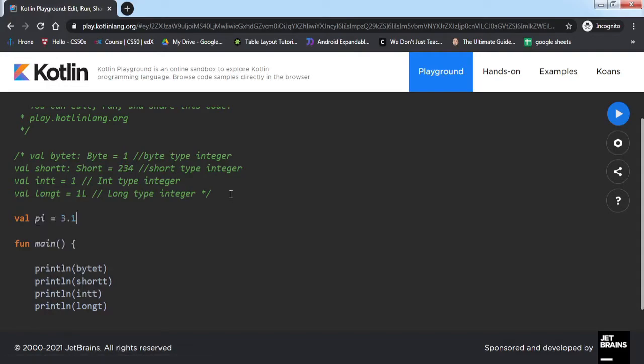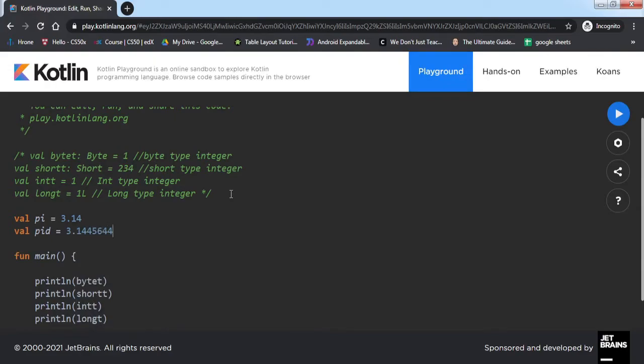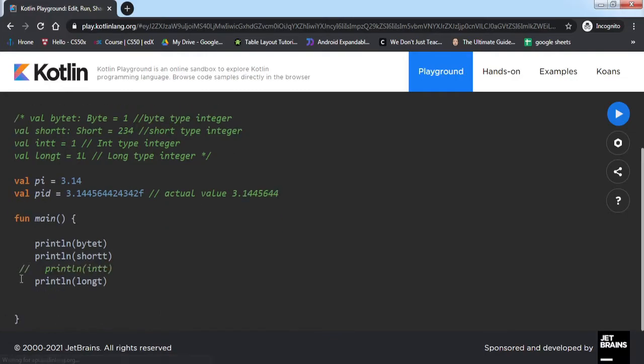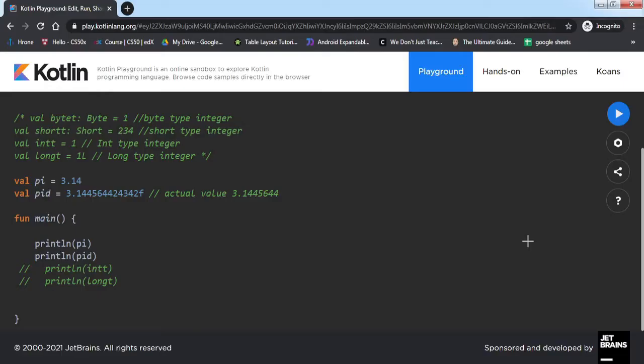So if I just mention 3.14, double, here you can see that the float type, floating point, has lesser memory as compared to double.